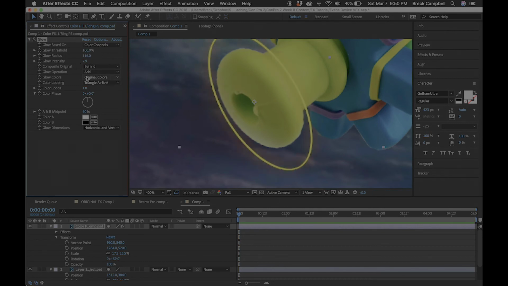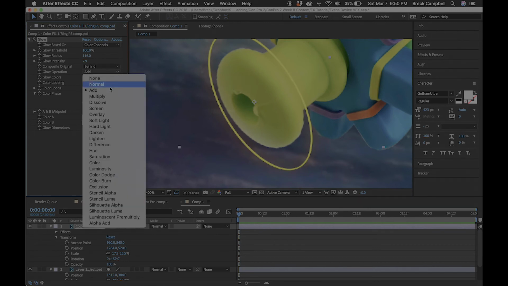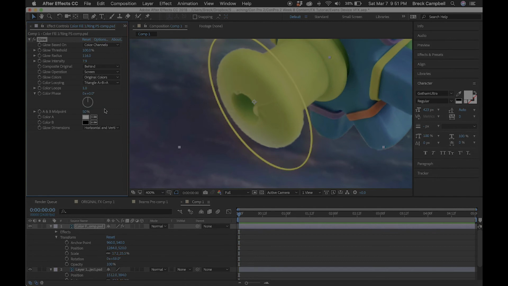And then you can start to play around with how it composites on the layer. Glow operation is set to add. So this is sort of the equivalent of transfer modes in Photoshop, right? Your additive, multiply, dissolve, screen, different ways that that effect can show or composite on everything underneath it. So if I switch add, which is the default, to screen, and then just continue to play around with some